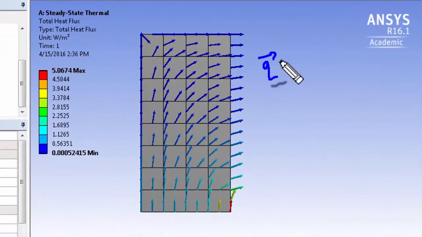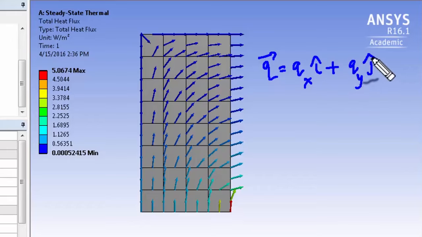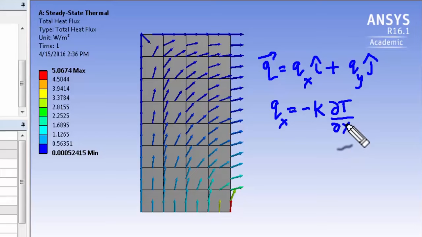Heat flux is a vector, and so you have the heat flux in the x direction, which is the heat flow per unit area in the x direction, and then you have heat flux similarly in the y direction. And the x component is related to the gradient of the temperature in the x direction, and similarly for the y component. So what it's done is it's gone to the temperature interpolation and it's differentiated it to find qx,